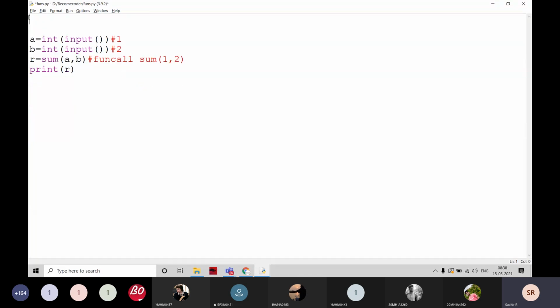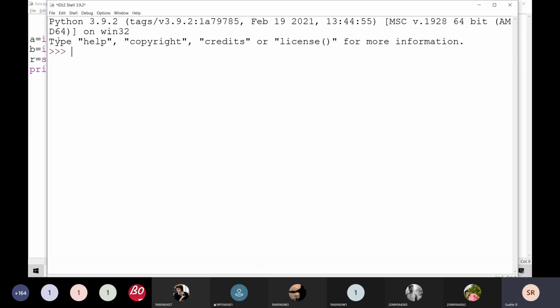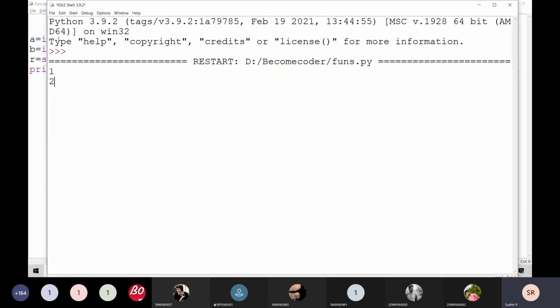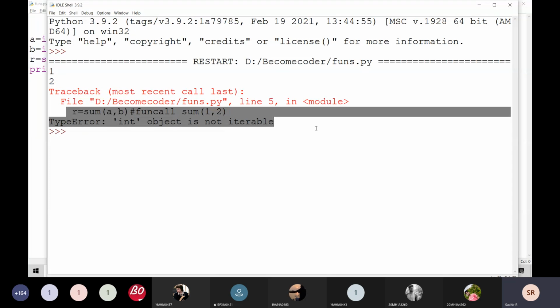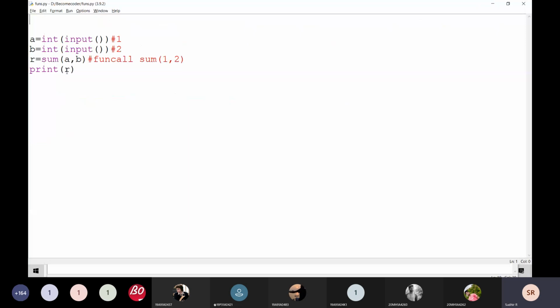If there is no function definition, for example, if I give 1 and 2, it is going to give an error like this. And here, I'm going to write sum of two numbers.